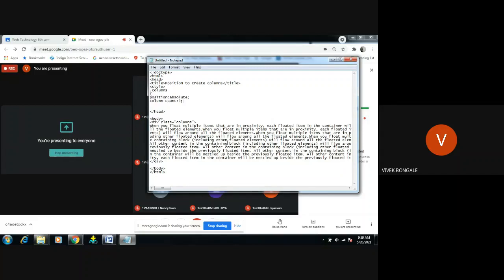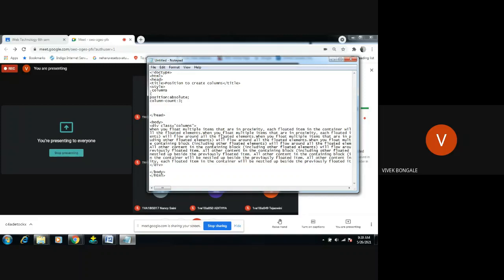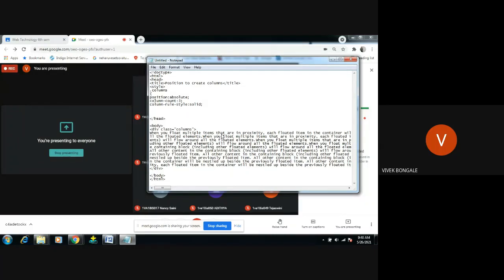Then column rule. These are some of the attributes we're going to use. Column rule style will be solid. I will explain what each attribute does in the browser and how it will be displayed.